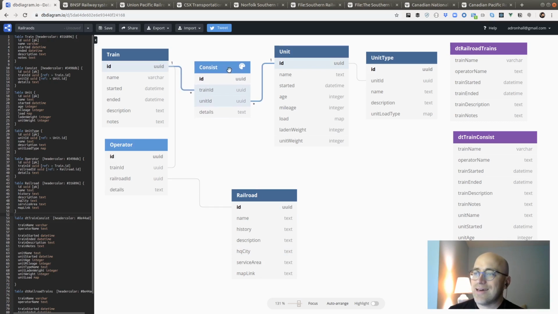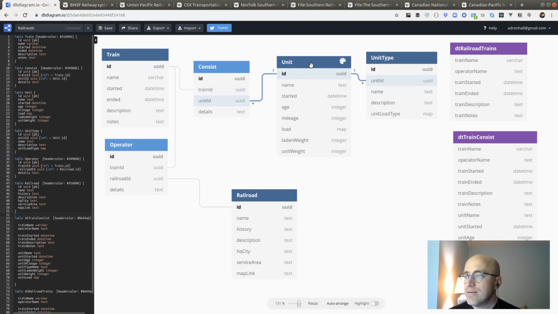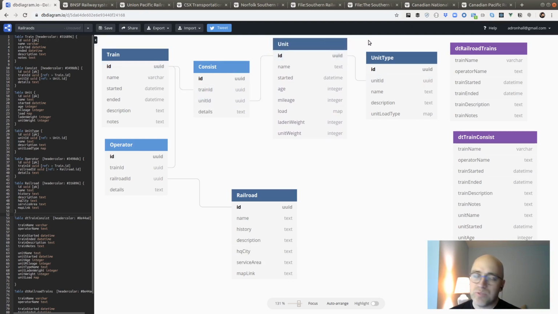Then each train has a consist, and the consist is basically made up of units, which are the cars, right? A unit is basically the car attached to an engine that makes up that train. In that specific case where we're looking at the Coast Starlight, it had like 13, 14, 15 cars, which each have different purposes, right? And in a freight train, you also have the same thing where each has different purposes. Some are coal cars, some are water cars, some are oil cars, some are lumber cars, general cargo cars, and so on. Those are the units of the train.